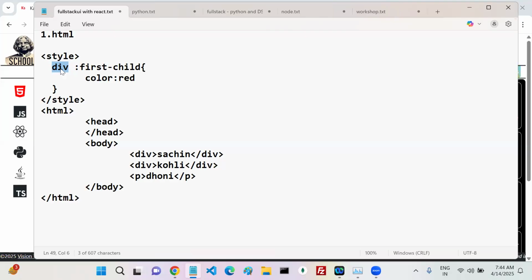If it is not prefixed with anything, my browser can understand this one is a tag. So first in the HTML, how many elements whose name is div? Come on, find out. How many elements? One, two elements. Up to here, you can get two elements. Yes or no? Okay, done. Among those two, Sachin and Kohli, which one is the first child